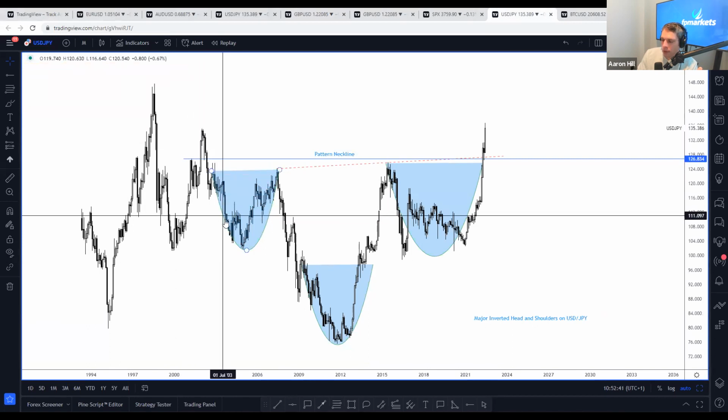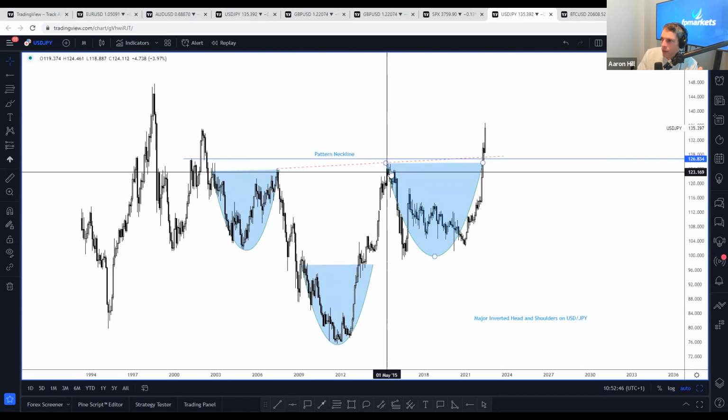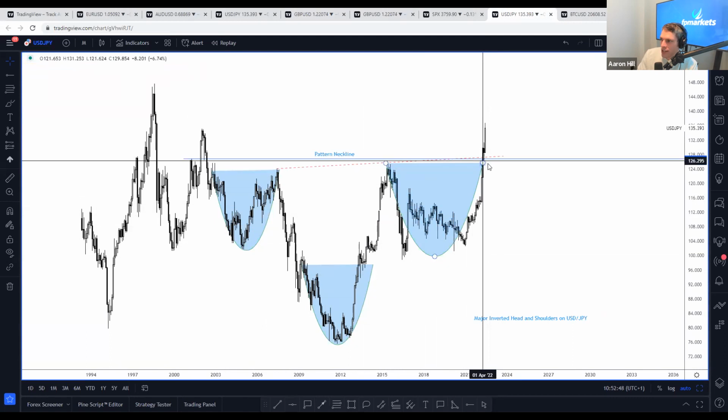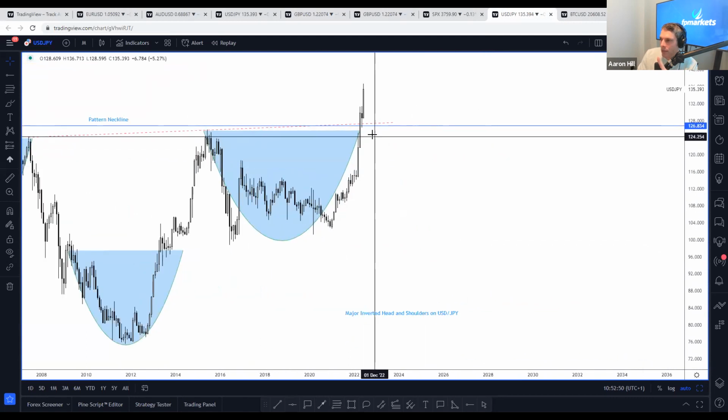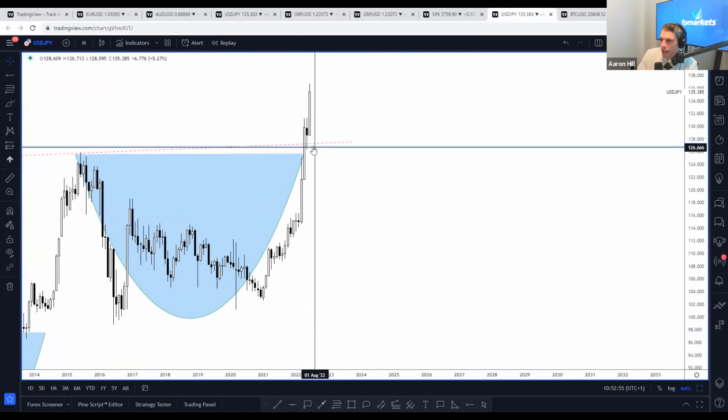Leg 4, we make a lower low, right? And we do not return to the area. What happens is we eventually do return to the area and we break it cleanly. There's a clean break. Look at that clean break. What happens? Look, we break the area cleanly and test it.